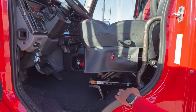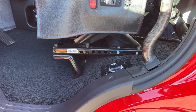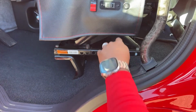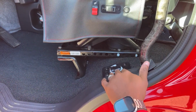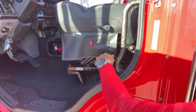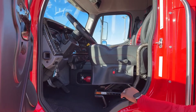How many people could say they could shut off their pickup? So we do have a battery disconnect here on this truck. I mean, you can add a battery disconnect to your pickup, don't get me wrong, but this one comes built in with this truck. So if you're not using this truck and you want to kill all power running to that and having your trickle charger on,